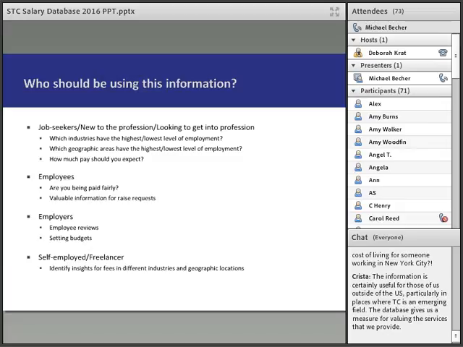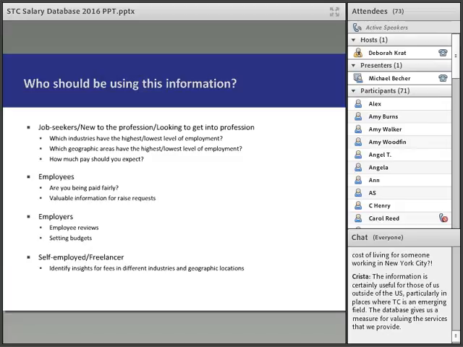Or if they want to be that market leader, they can look at the higher levels of compensation and apply that to their employees. It's also very useful for setting budgets. If an employer is looking to hire new employees for the year or for specific projects, they now have compensation information that can allow them to propose costs on projects or know what the total expenses of payroll are going to be for the year.